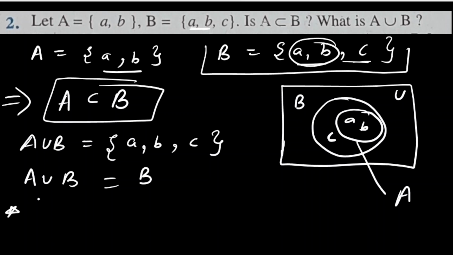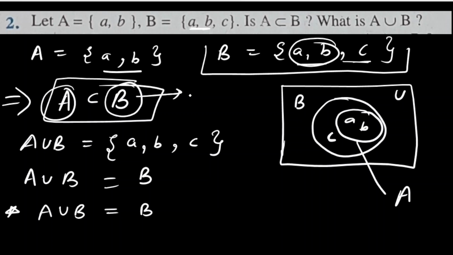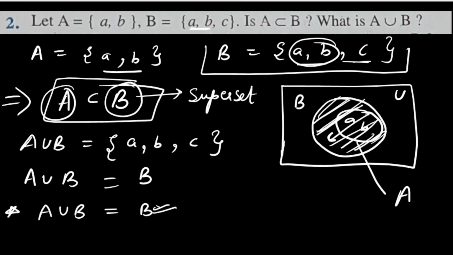In this case, if you are doing union, so A union B, then its answer will always be a superset. Superset means a bigger set. So I have already discussed all these things. A is a subset of B and B is a superset, because in case of union, the bigger one will always be the answer. So here union is this, everything. Like this you can understand also. So the bigger set, which is the superset, will be the answer of A union B.